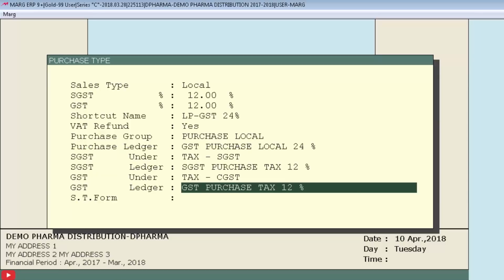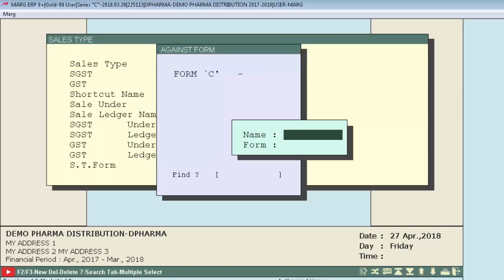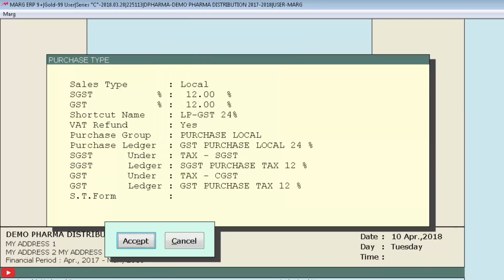Then after this is the ST form, meaning there are some selected forms which can be placed for the goods which are going outside, and these forms are government required. So you can select that from here and can create it as well with the F2 function key. And in case of local, leave it blank. As now we are creating a local purchase type, we will leave it blank. Then enter on accept. So in this way you can create a purchase type.